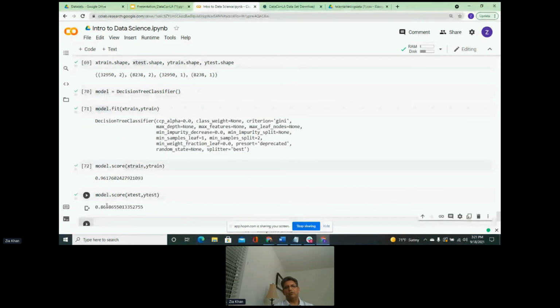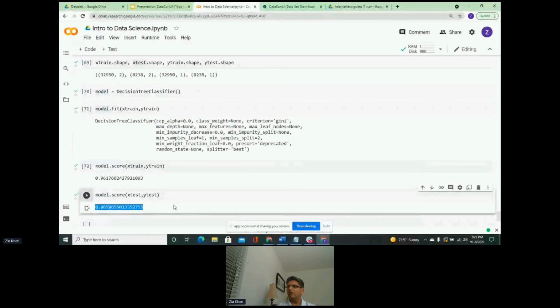Oh, so the score is 86% now. So it dropped by 10 points. Now this is a true representation of your result, because you have trained it on a separate data set and you have tested on a separate data set. So because they are separate data sets, this is a true representation of how good your model is.